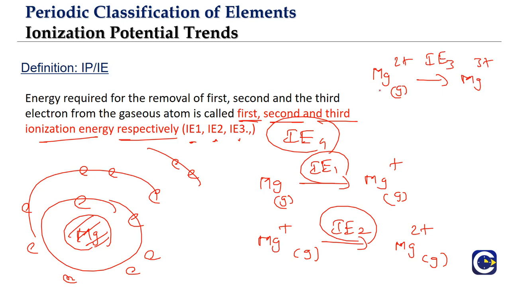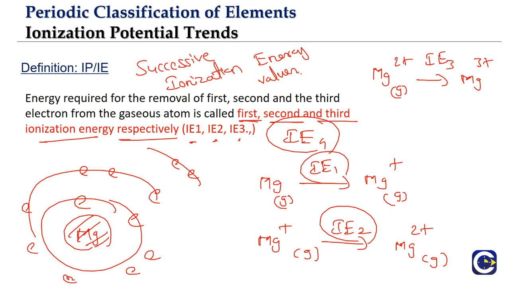How many electrons can we remove? We can remove as many electrons as the atom has. We can keep on removing, right? So this is about the successive, what do we call them? We'll call these successive ionization energy values. Whenever we see the word successive ionization energy, it represents the energy required for each successive electron removal.